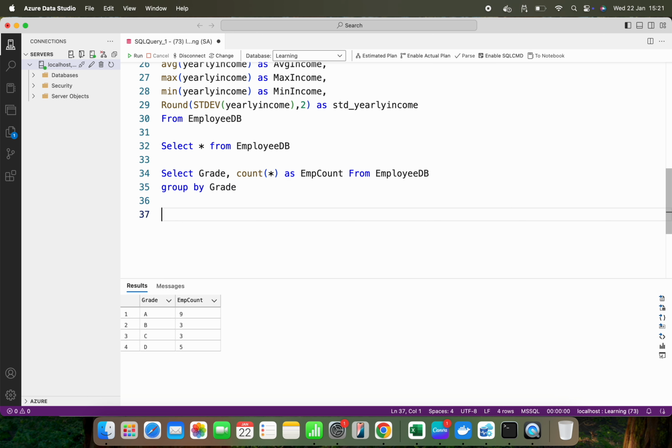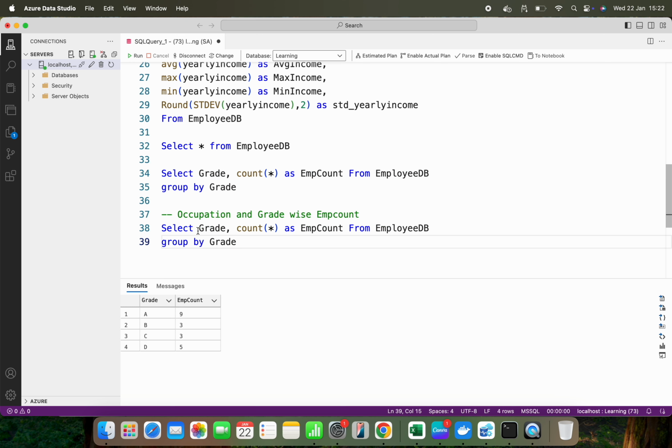Similarly, now I am saying I want occupation and grade wise employee count. So what I will do? The same query, and here I am going to write my occupation. So how many columns are non-aggregated? Right now there are 2 columns in your select list. Although we have 3 columns, occupation and grade are not utilizing any aggregated function. So here I can supply